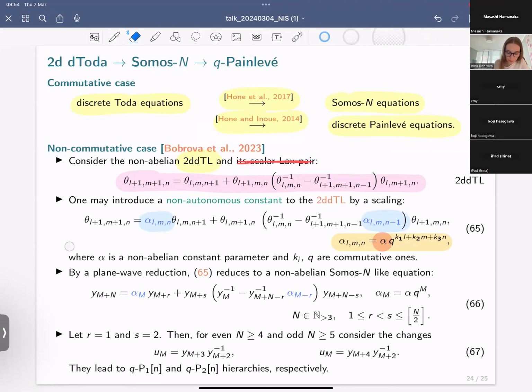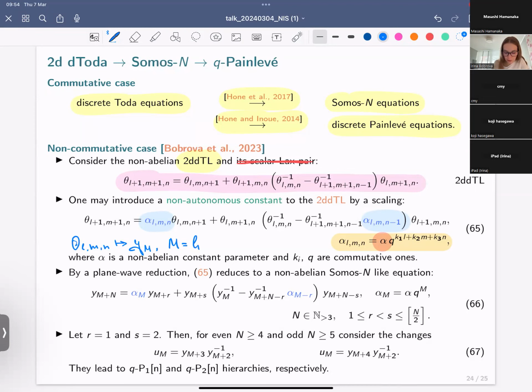So we send our element theta_lmn to a new element y sub m, where m is given by